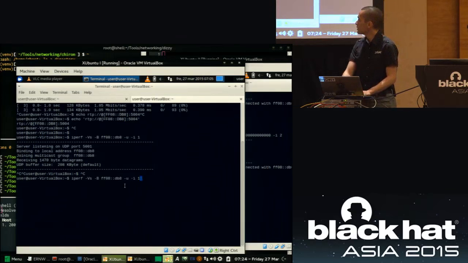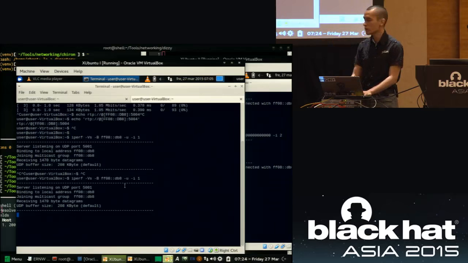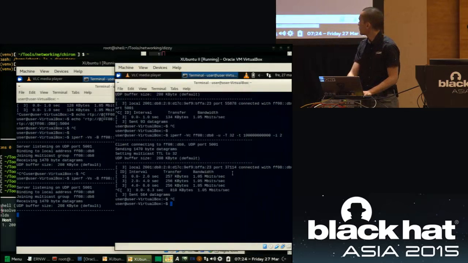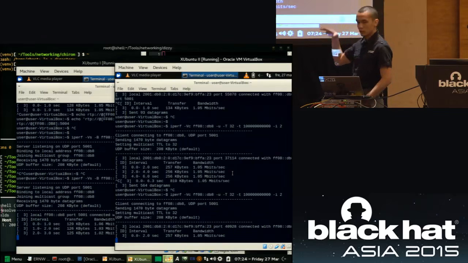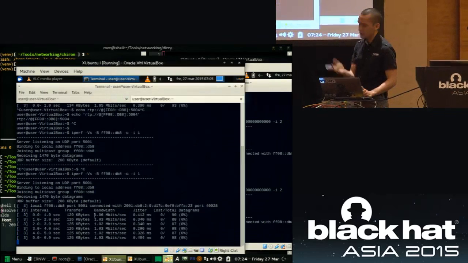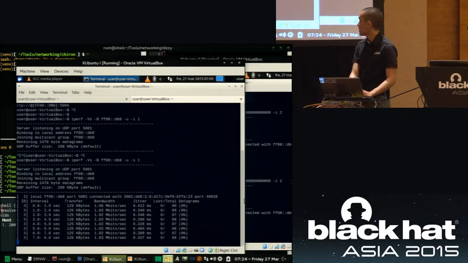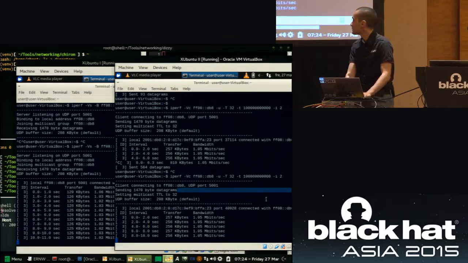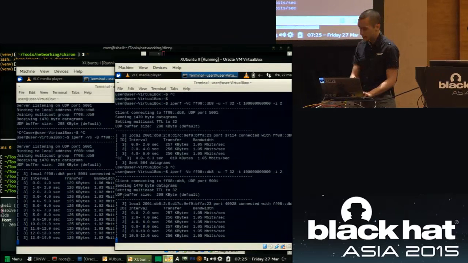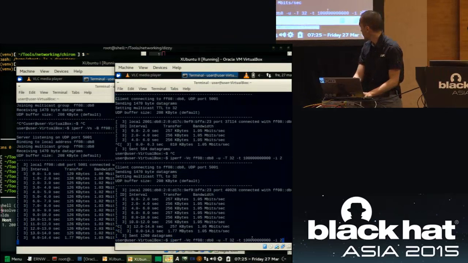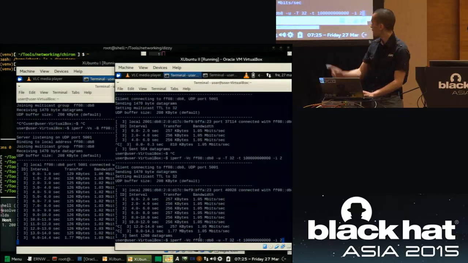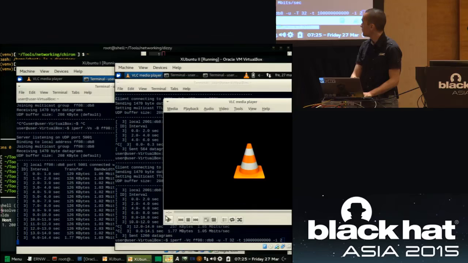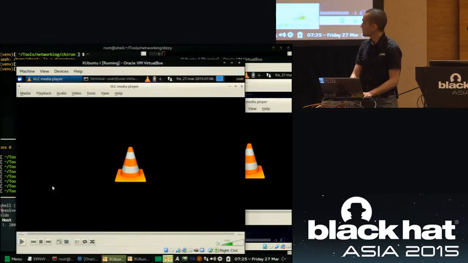So what we're going to do is a really simple test. We're going to start listening to this group, and then on the other side we're going to start sending multicast data. We see that the data is multicasted and it reaches the listener in VLAN 100, and it comes from VLAN 200. Where are we sending the data? We're sending the data to the group FF08::DB8.